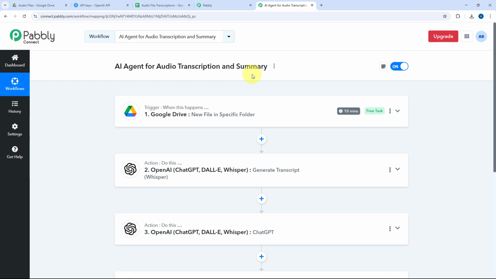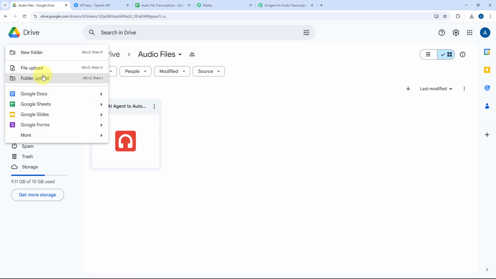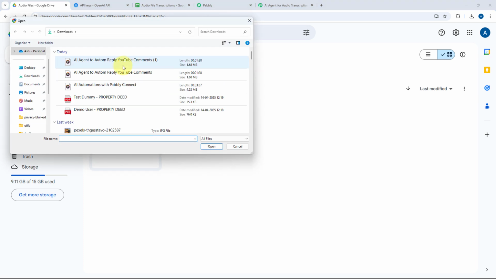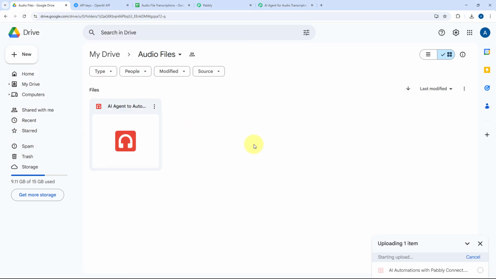Now after setting up this AI agent, we are going to test this AI agent once. I'll just go to Google Drive and we are going to upload another audio file over here. So this is the audio file which we have, AI automation with Pabbly Connect. Let me just upload it. After uploading this audio file in my Google Drive folder, we will see automatically within 10 minutes, the transcription of the same file will be generated, the summary will be generated, and all the details will be added in our